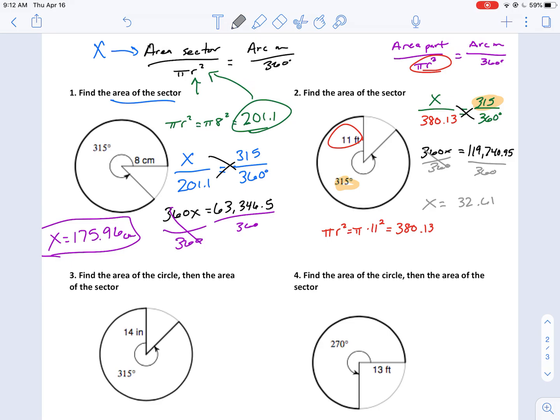So now all we have to do is divide by 360 on both sides to get x by itself. And we end up with x is 332.61. And that is feet. So again, I'm leaving these last two for you guys. I'll post the answer key here in a minute, and